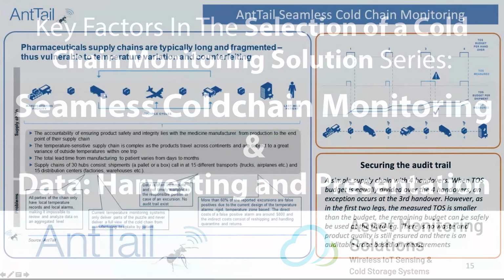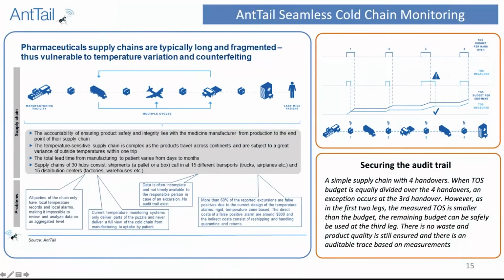So if you look at the supply chain here, it's another graphical display of that. You have multiple cycles in the middle, and currently every time you have one of these cycles, they use a single-use logger, or maybe an online logger, to monitor that piece of the supply chain. But this multiple cycle thing can happen 3, 4, 5 times. So you have all this fragmented information in all different systems from all kinds of suppliers.